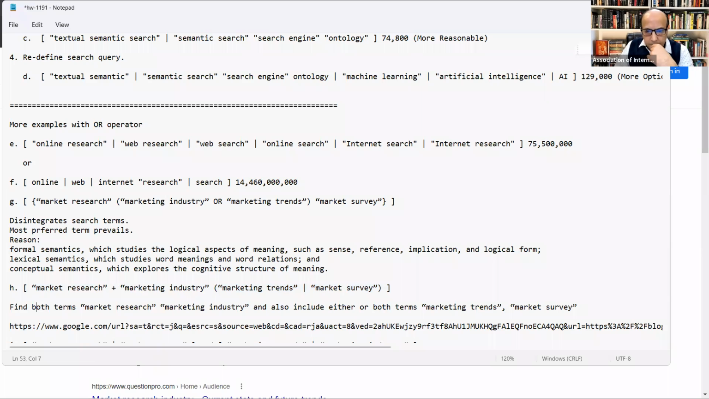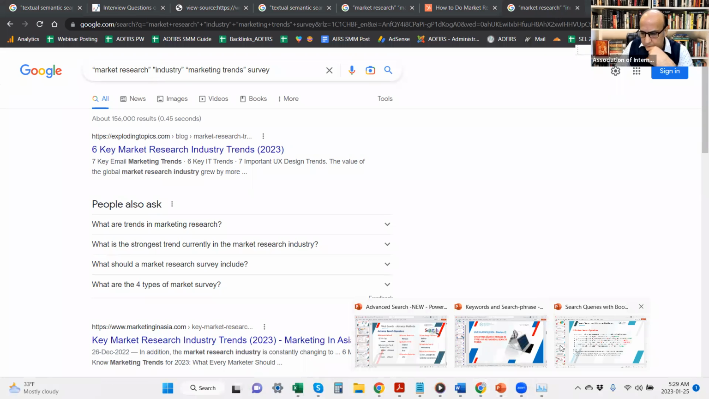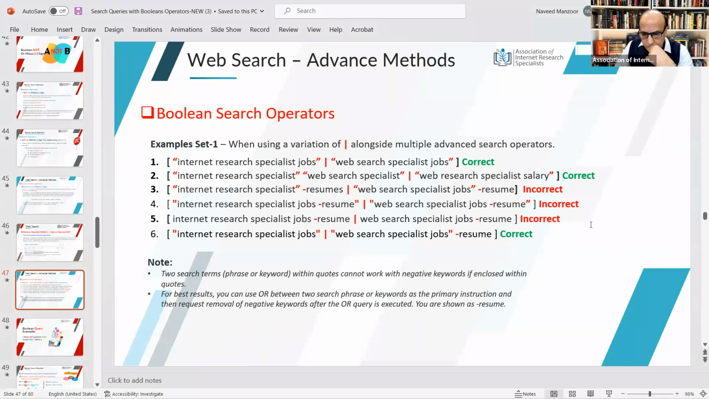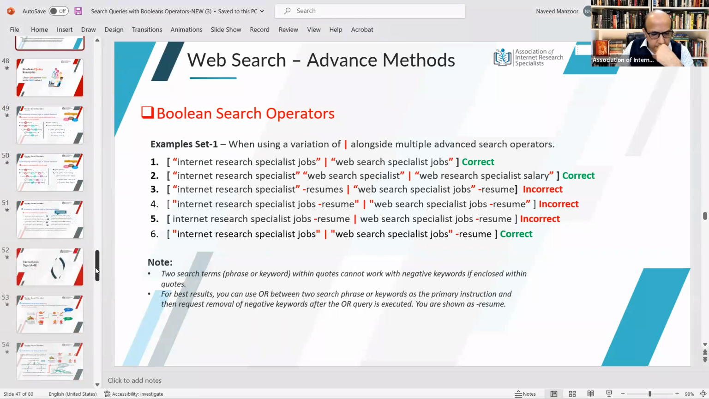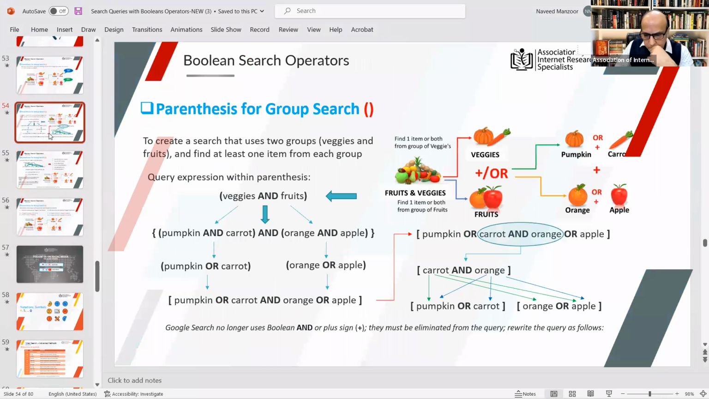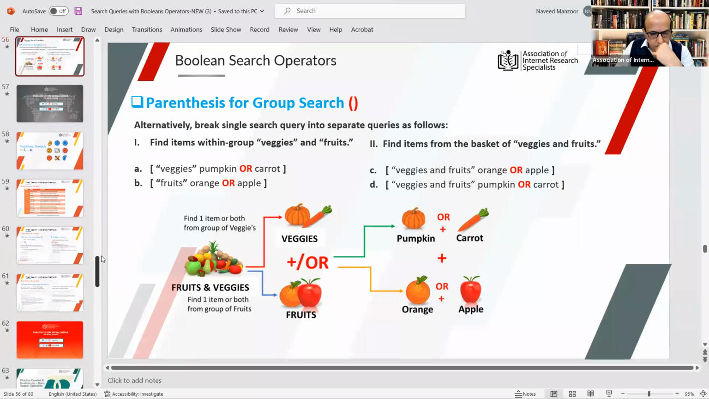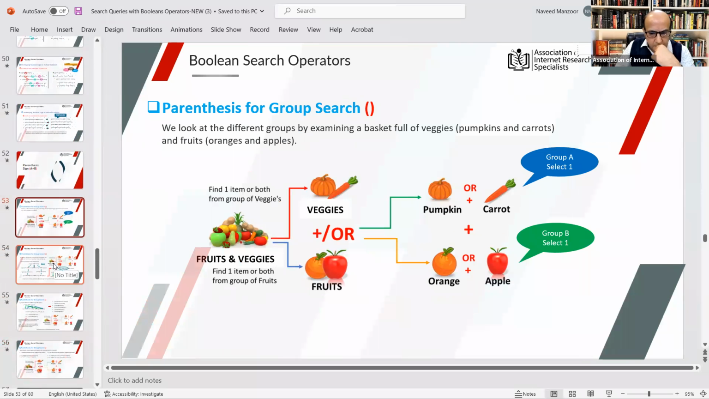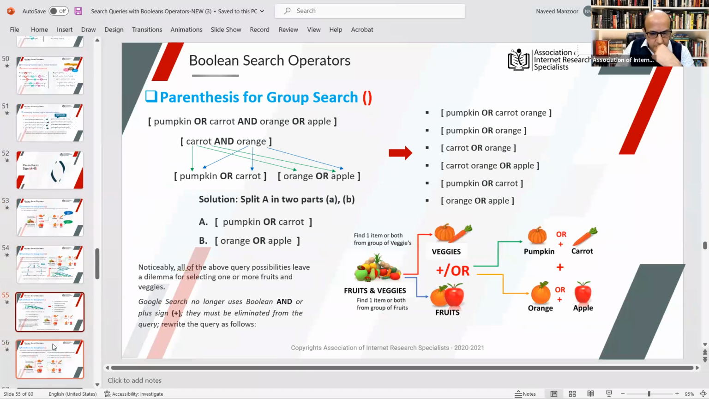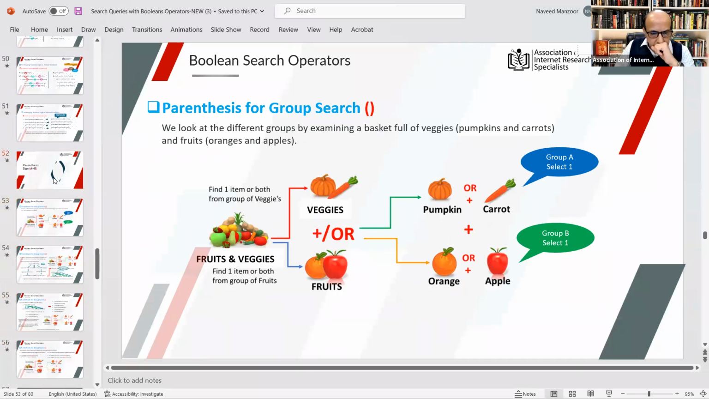Okay, so we get done with this. Now let's look at the slides to see where we are. Done this. This example you can read. It's pretty much the same as what I've told you about not using the parentheses. So